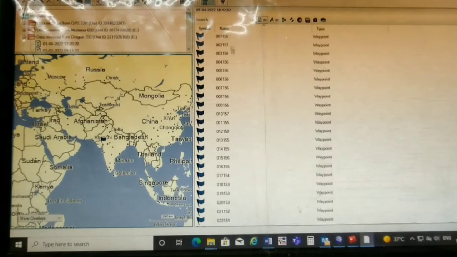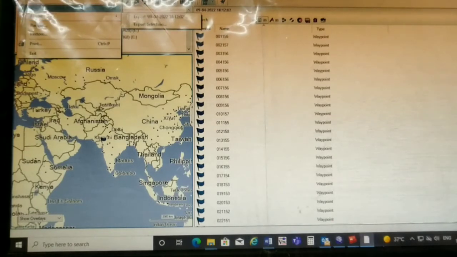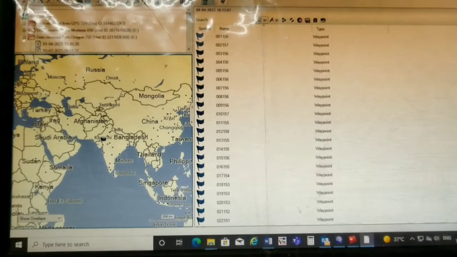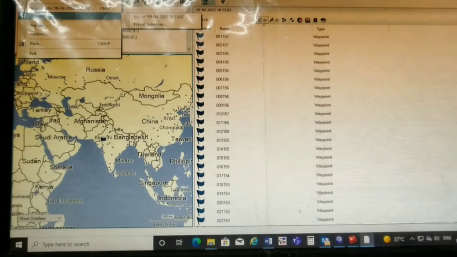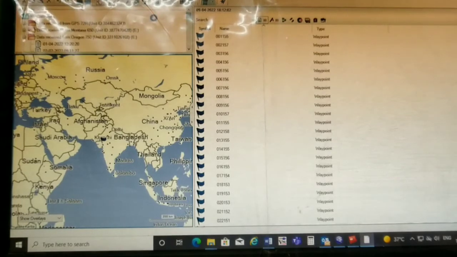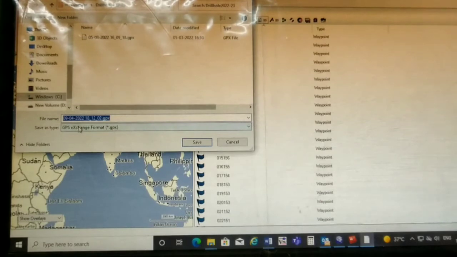Then we will export this data. Actually Basecamp will not convert it to DXF directly, so we will export this data to MapSource, and MapSource has an option to convert the data to DXF format. So first we will export this data to MapSource. For this we have to go to file, and the third option is export the file. It shows a name with the date. Export the file and give the name as our choice,